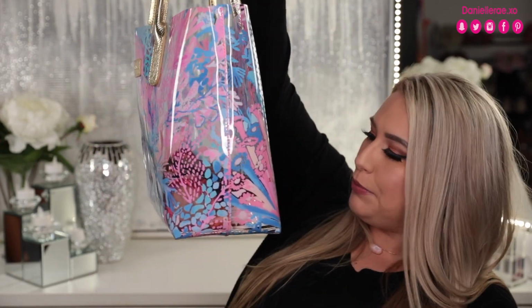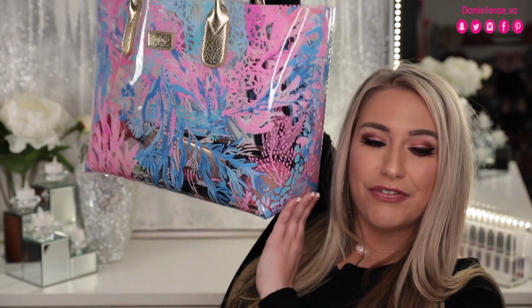I have this bag. It's like a really nice pull bag, but it is filled up with so much makeup that I've hauled over the past month or so. And I've really been concentrating on using the products so that way I can give you guys a review and let you know my thoughts. Because hey, some products worked, some products really did not work, and I'm going to give you guys my honest